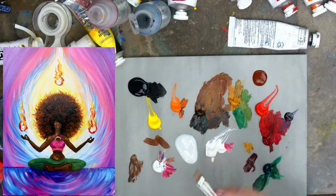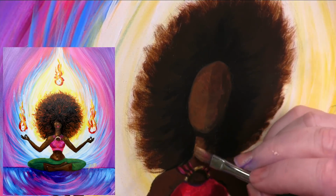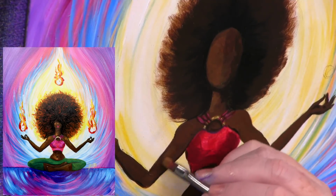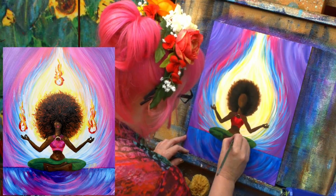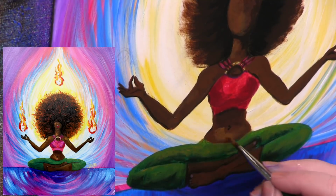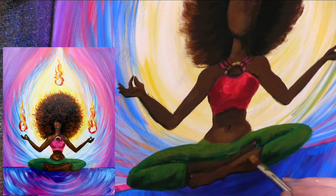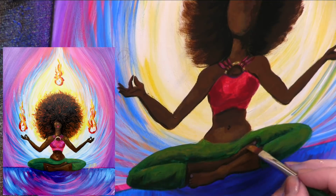We haven't even really gotten into the secret sauce yet, but we're just making sure that we've got some stuff here. That's too bright. So if anything gets too bright, just tap it back. You don't want anything that crazy noticeable. Now, when I have all this stuff and I know what I'm doing, I like to put a little bit right there at the belly. Let's give her a little bit at this belly. Isn't that nice? Top of the leg. But it's just one shade with the ochre, right? Lighter than what's around it. So we're not using any white